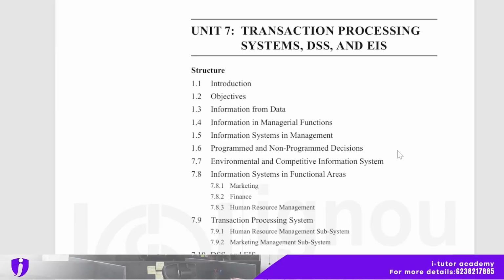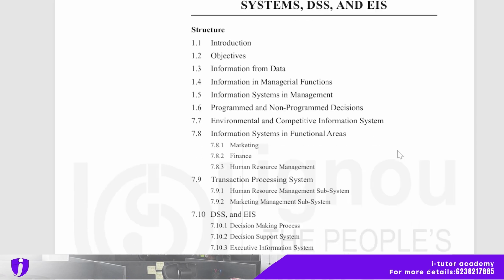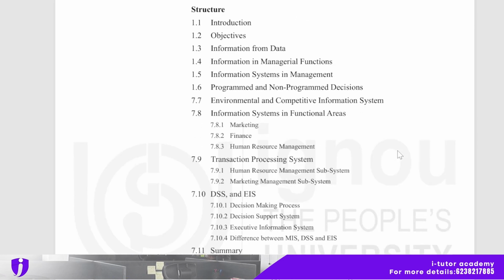In today's session, we will start with Unit 7 of MMPC 008, that is Transaction Processing System, DSS and EIS. The structure of this unit: there is an introduction part, objectives, information from data and information in managerial function, information system in management, programmed and non-programmed decisions, environmental and competitive information system, information systems in functional